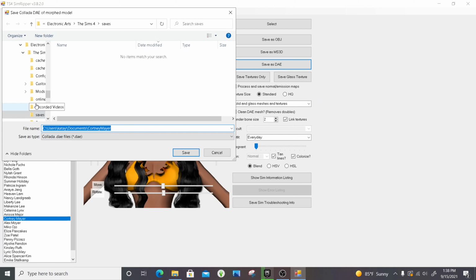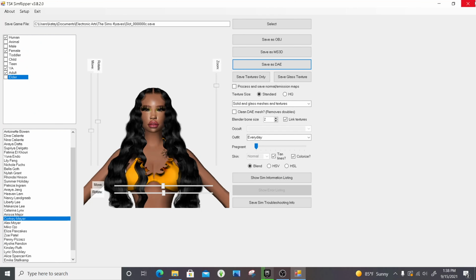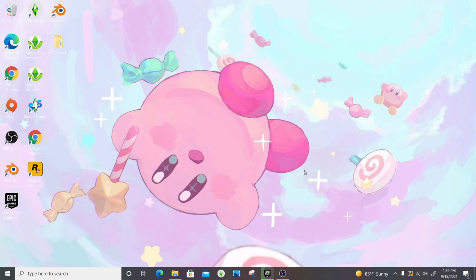and it's going to tell you where you want to put it in your file. I put mine in my documents. I don't put it in my saves where it automatically thinks it wants to go. So go ahead and save it in your documents. Now it's done saving, you can go ahead and X out of Ripper,